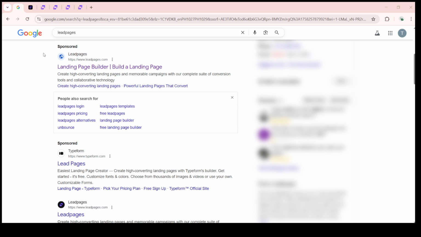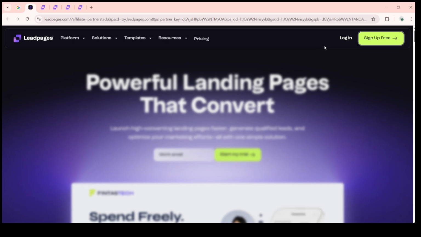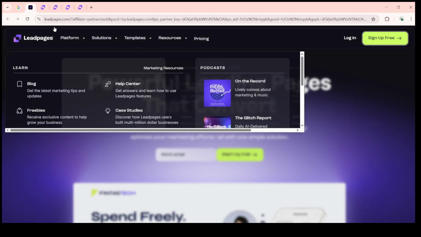First, you'll want to open your preferred web browser and search for Leadpages. Once you've done that, go ahead and click on the correct link to navigate to the Leadpages website. After landing on their homepage, log in with your credentials. If you're new to Leadpages, registration is quick, and you'll join a vibrant platform designed to create high-converting landing pages